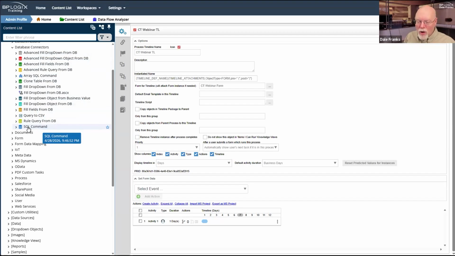Because business values are great for select something from some table. And you can use business values to run a select command all day long, or stored procedure, whatever. That's perfectly fine.